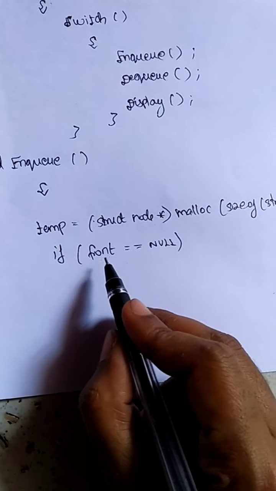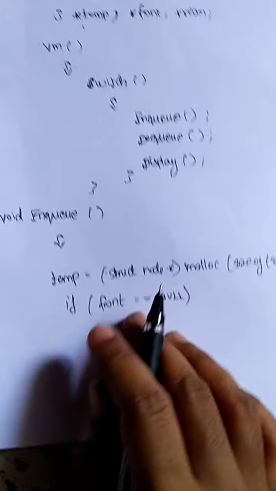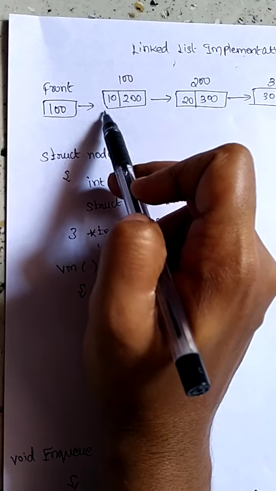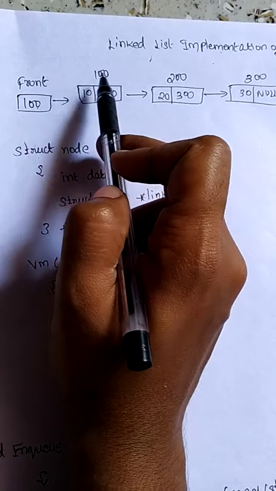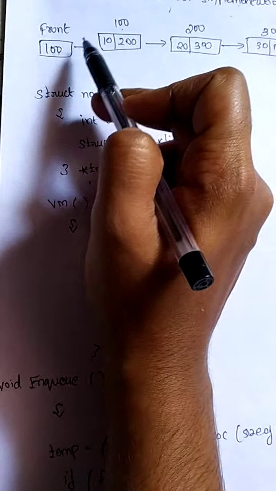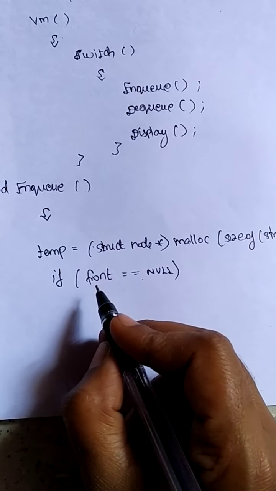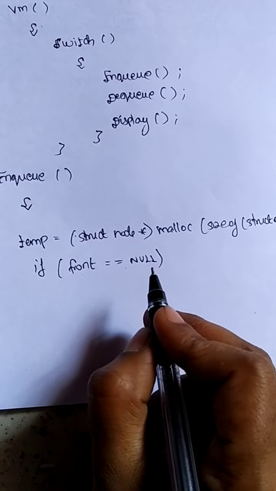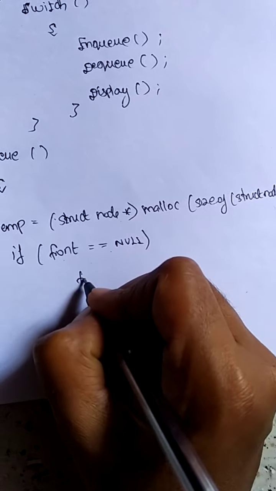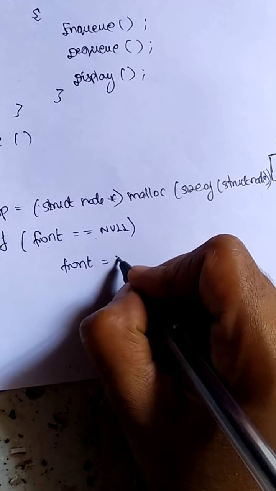That is, if the front pointer is null, then it denotes that here, if there is any node, the front pointer value will be that node's address. But if the front pointer is null, then it denotes that the queue is empty. So if front is equal to null, what you have to do is, front equal to rear